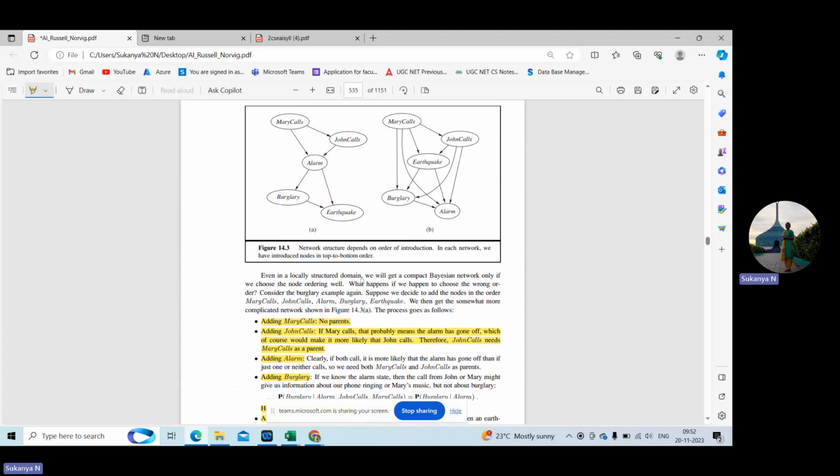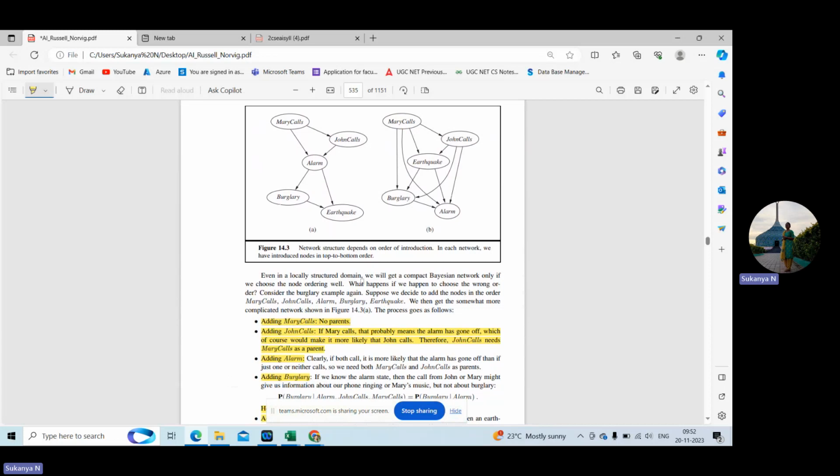Now we are changing it to Mary calls, John calls, and then alarm, and burglary, and last earthquake. If we add the nodes in this way, Mary calls, John calls, alarm, and burglary and earthquake,